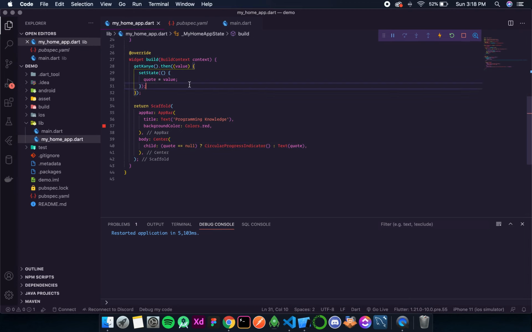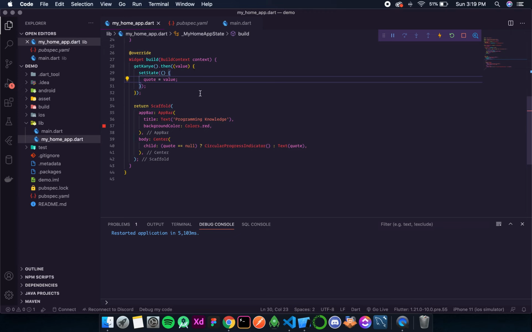This is a very common mistake that people make, calling the set state method inside the build method. What set state does is it re-renders the build method. So if set state is called, it will re-render the build method, and while rendering it will again encounter set state, so it will again start re-rendering. So this will go into an infinite loop.